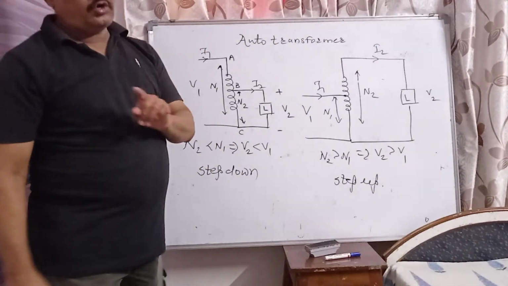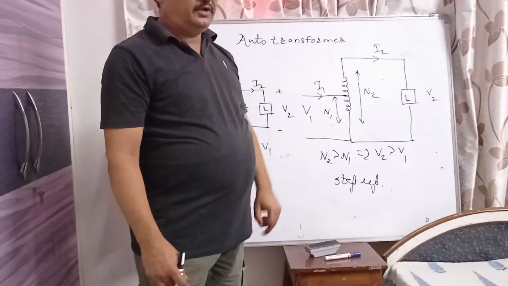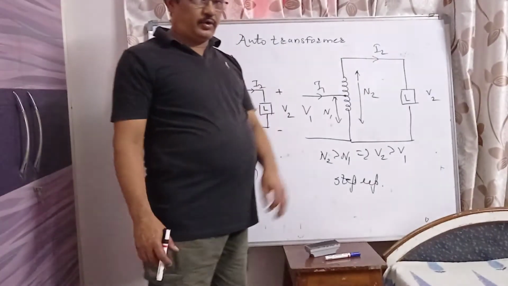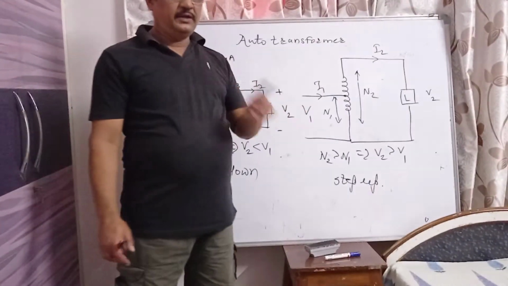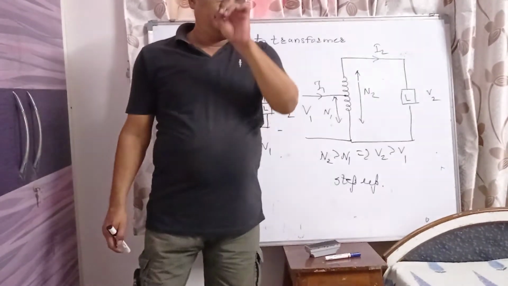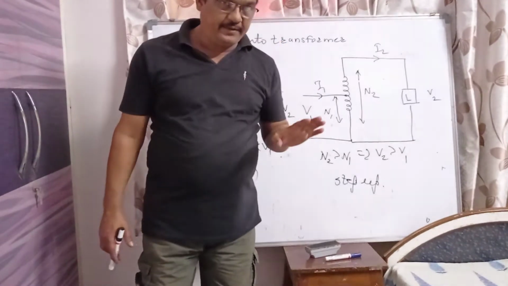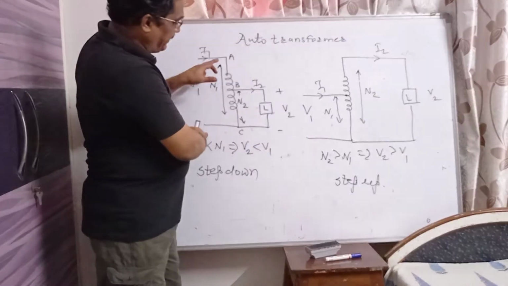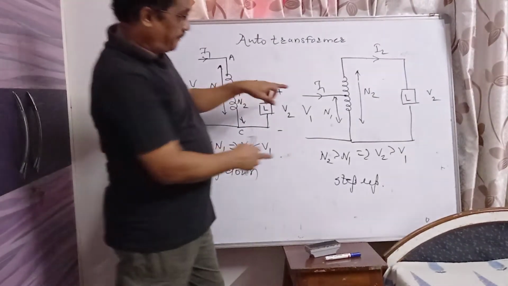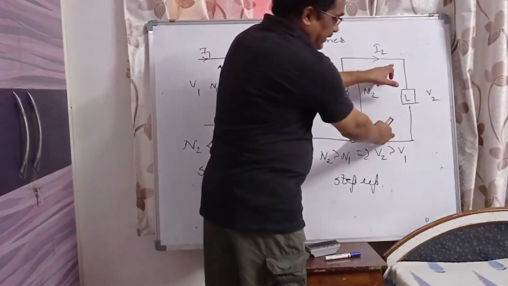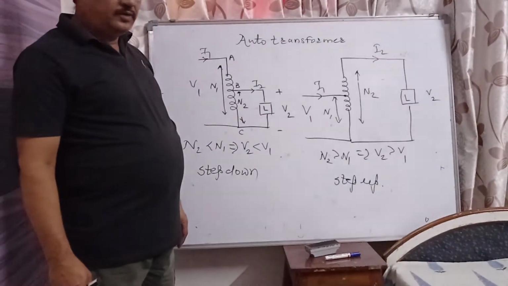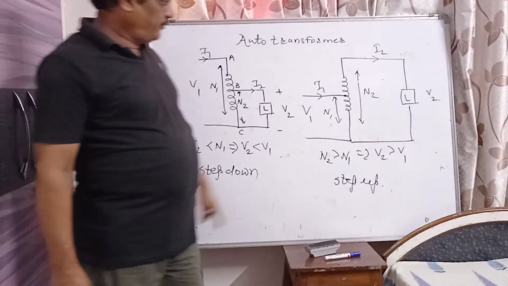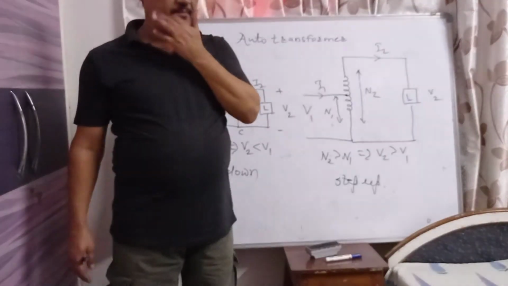Right? So a short note for 6 marks will be asked. Explain auto transformer, 6 marks. So first you will define auto transformer. What is an auto transformer? It is a type of transformer that uses only one winding, and part of that winding can be used as primary as well as secondary. So when the number of turns N2 is less than N1, that is a step down transformer. When N2 is greater than N1, that is a step up transformer.